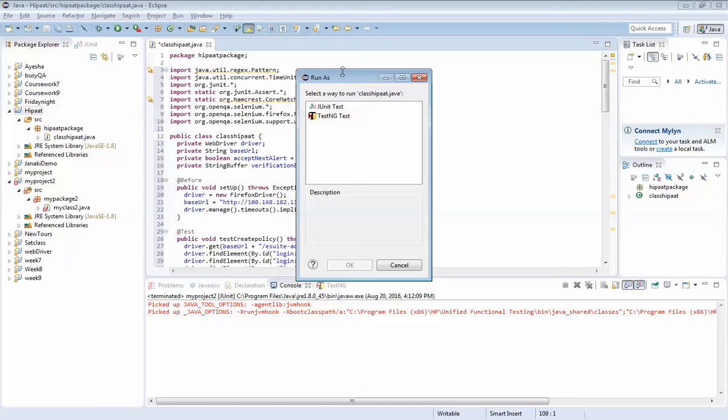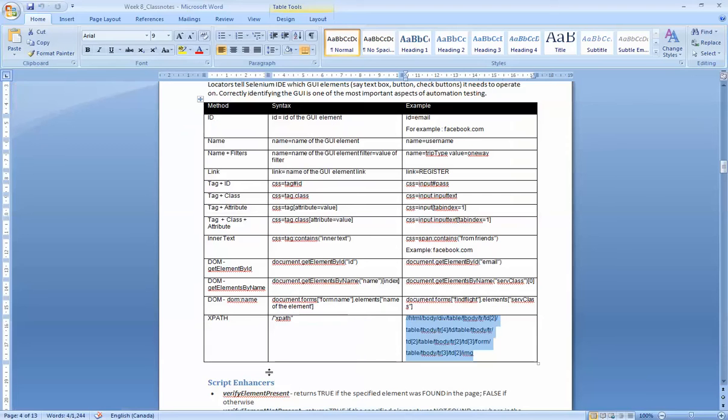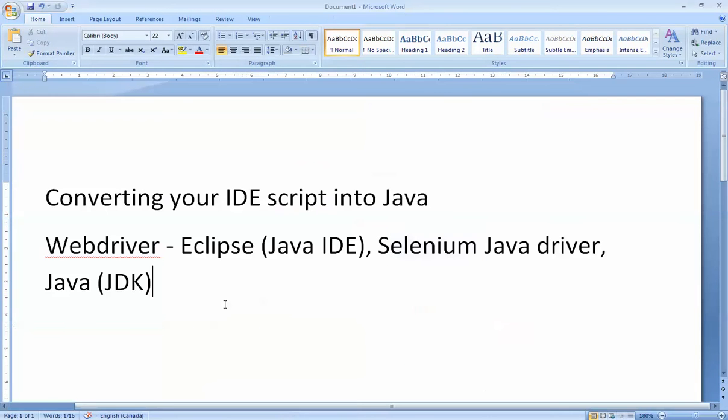Now it's asking me, what framework do you want to use? So I think it's time I explain the framework to you. I told you guys in this program, we'll be teaching you two different frameworks. We have the JUnit Framework and we have the TestNG Framework. The JUnit Framework,